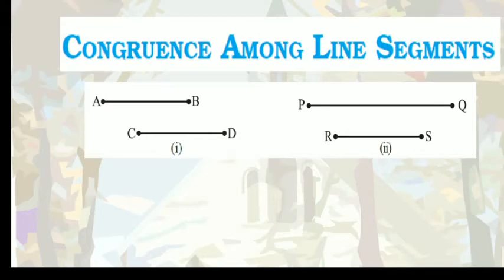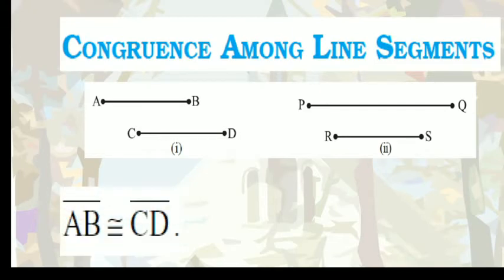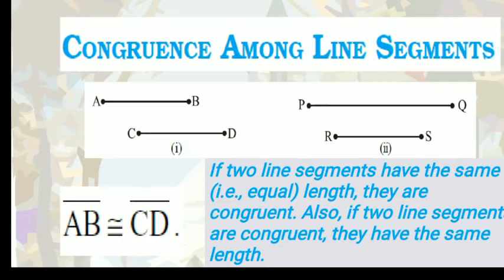Now if two segments have the same definite measure, then we say that the line segments are equal. Now here there are two sets of line segments, this first one and that second one. Now which ones are equal? Both these are equal while PQ is greater than RS. So which one should we say is congruent? We could say AB is congruent to CD, whereas this one is not congruent. When they are not congruent, we just write it in words, not congruent.